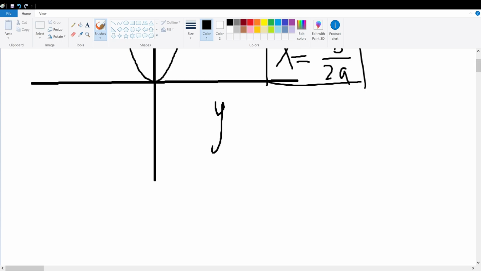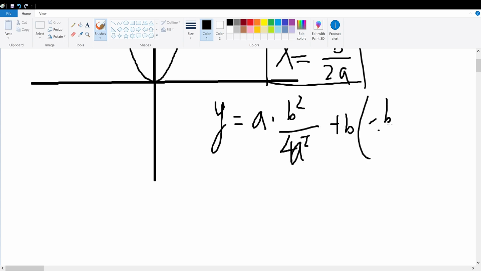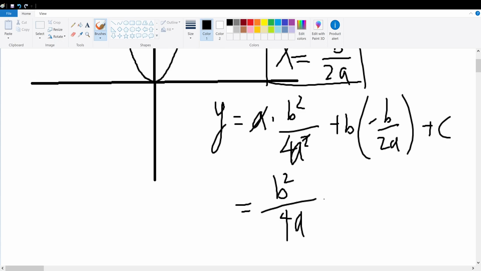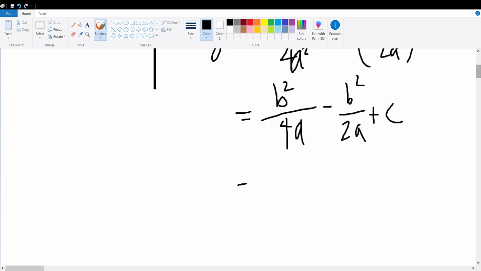Therefore, we can rewrite the vertex equation as a times b squared over 4a squared plus b multiplied by negative b over 2a, plus c, which can then be simplified, crossing out the a, as b squared over 4a minus b squared over 2a plus c. And to simplify this further, we give each of the fractions a common denominator of 4a, which can be written as b squared over 4a minus